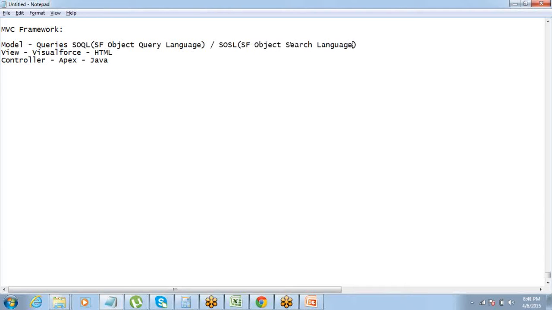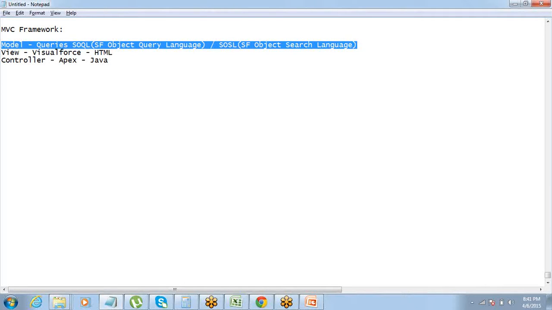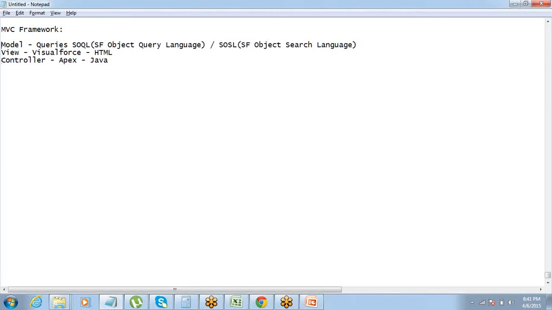These query languages can be used on the database for retrieving some data or updating some data, basically in case you want to do any data manipulation. Most of the time these queries will be used within the Apex program. So that is it.